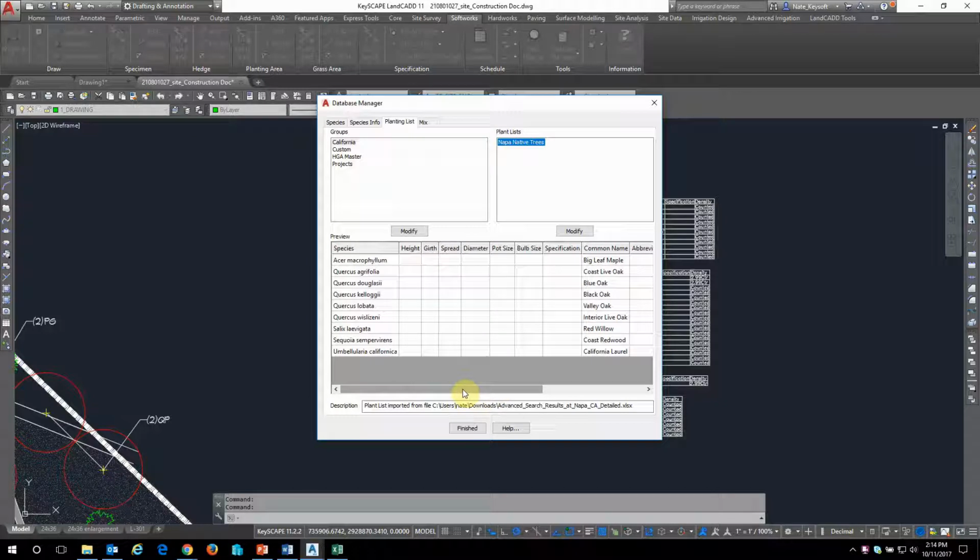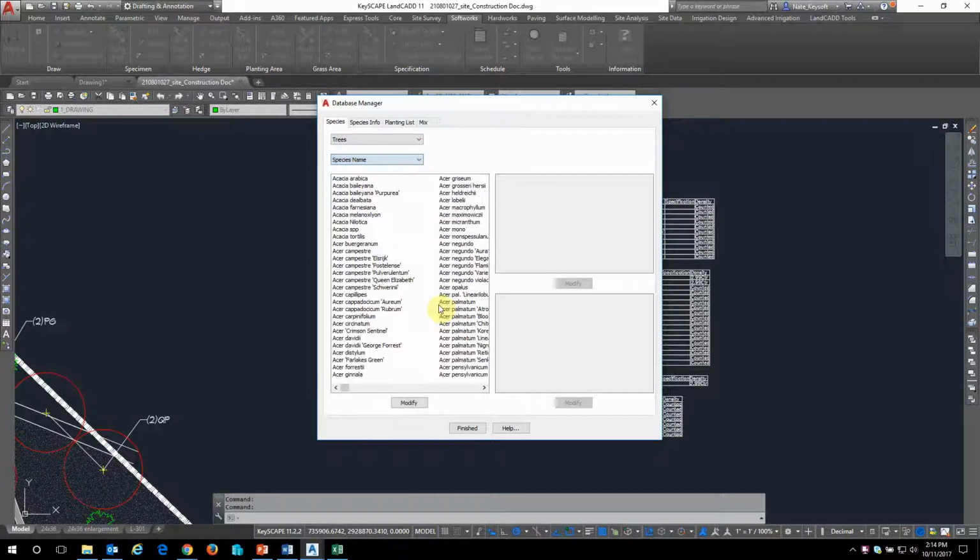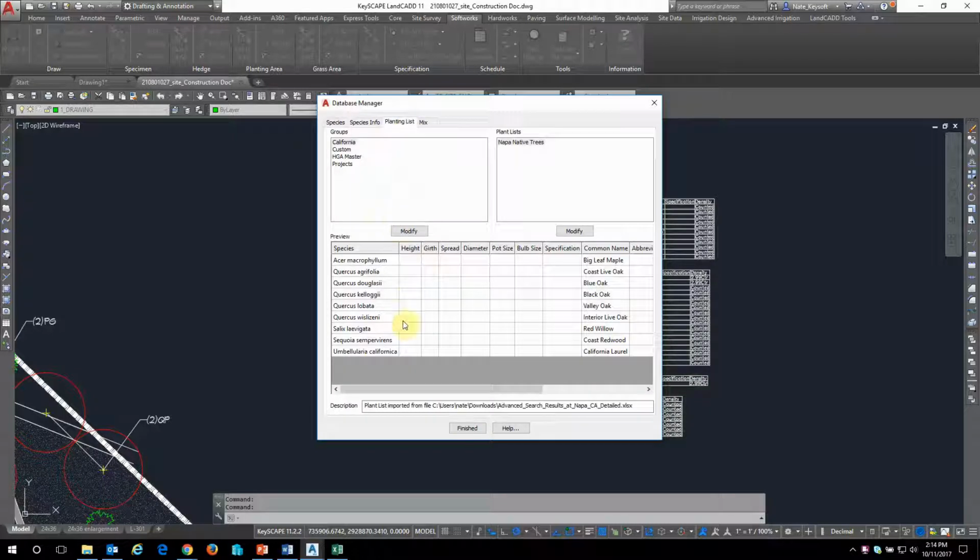What happened is any tree that was already in the master database that was over here, if I go trees and species, any tree that was already in this list was not duplicated. It cross-checked the master database before it inserted anything new. Now things like this California laurel, I know that wasn't in the database, so that was added as new. So now I can click finished,